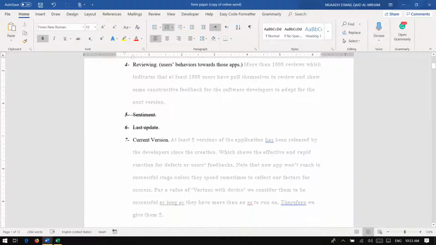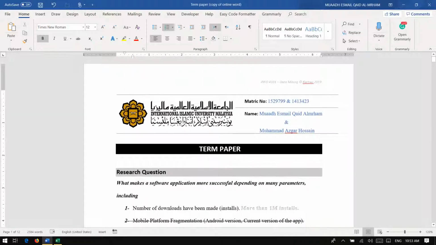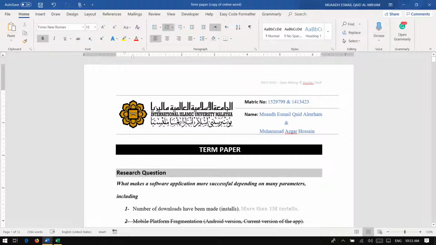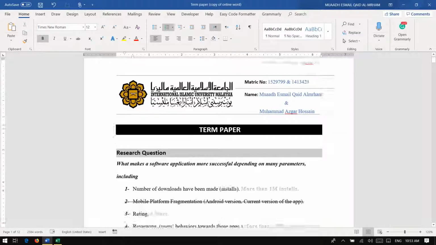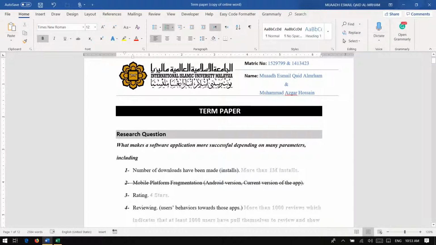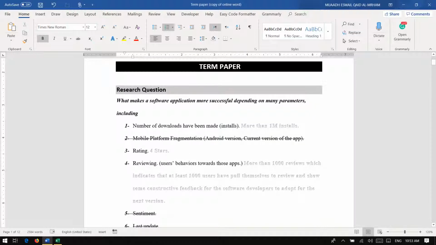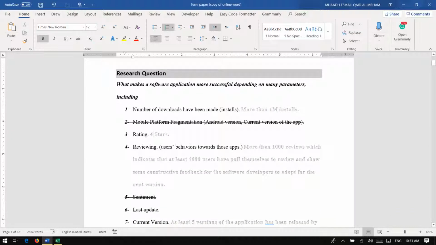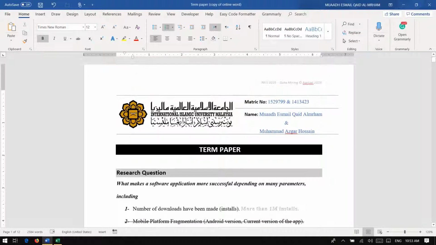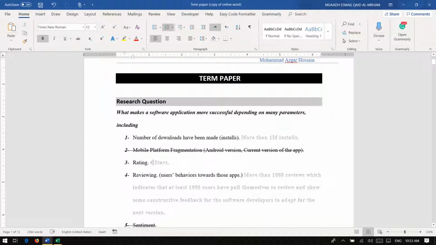This is our term paper where we reviewed 8 sources and references to indicate that this question that we have made here is very important and has been discussed before. So regarding the things that we have done, before I tell you about the attributes that we chose and the question that we have chosen,